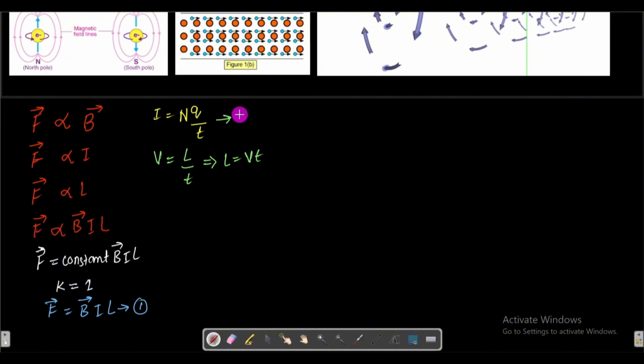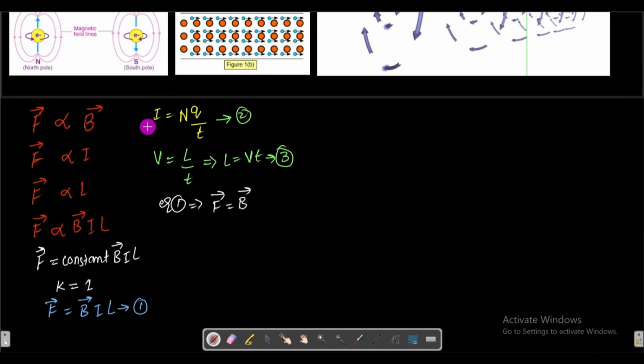So let's say we call this equation 2 and we call this equation 3. Put the value of I from equation 2, and here the value of L from equation 3. So equation 1 will become this. Here we have equation 1, which implies that the force is equal to the magnetic induction,